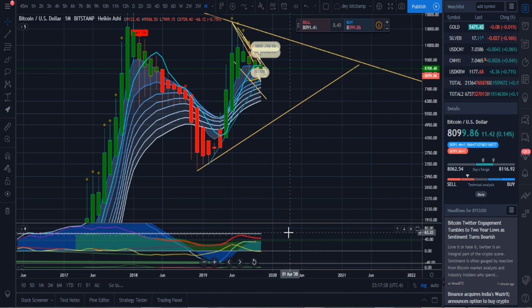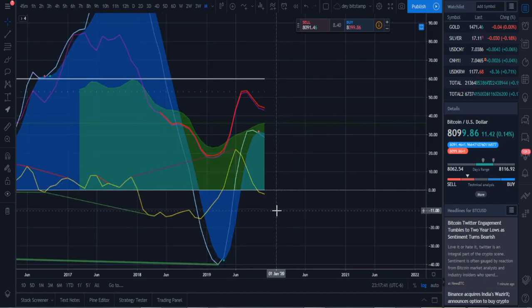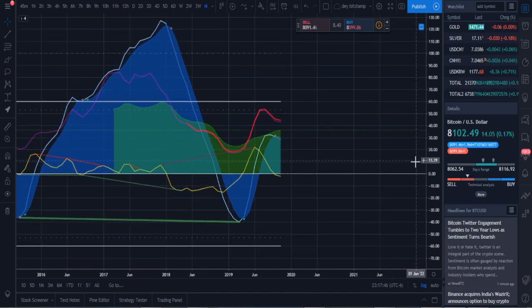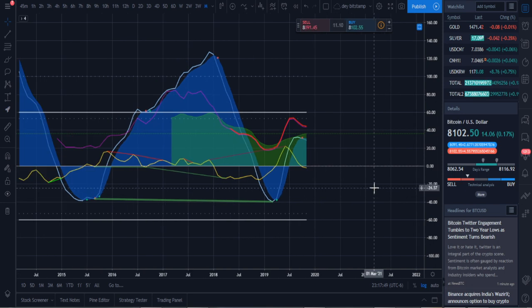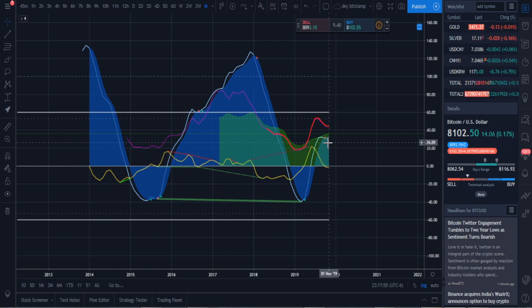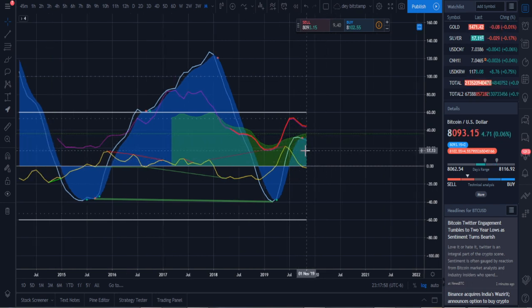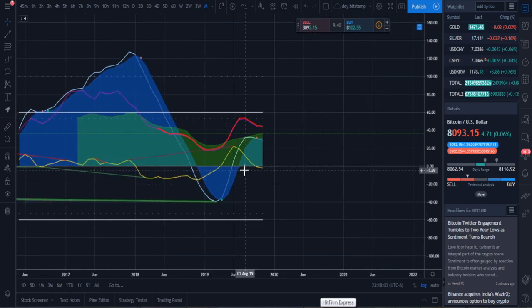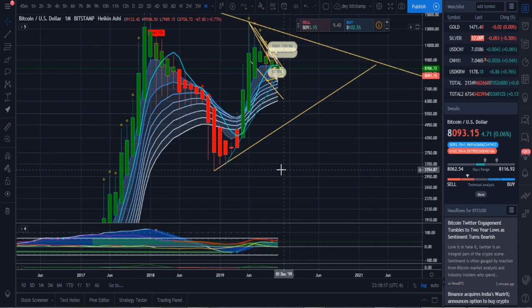And so October was kind of a treacherous month, so to speak. We did have that one big move towards the end, and that was pretty nice. But our monthly is right now still telling us that we put in a red dot, but that could change by the end of this month. And our VWAP is running very close to that zero pivot point, which to me means that it's ready to clip back up above that zero pivot point and probably put in a green dot, which would signify to me that